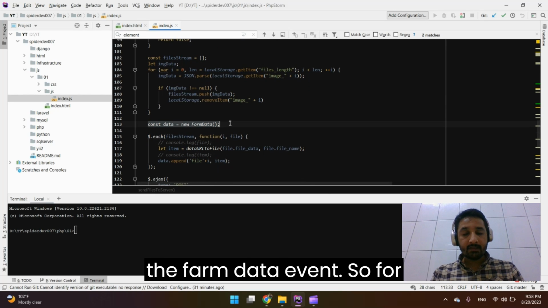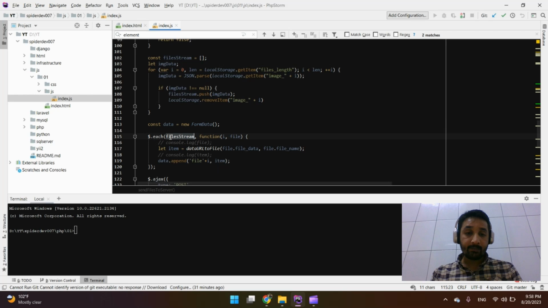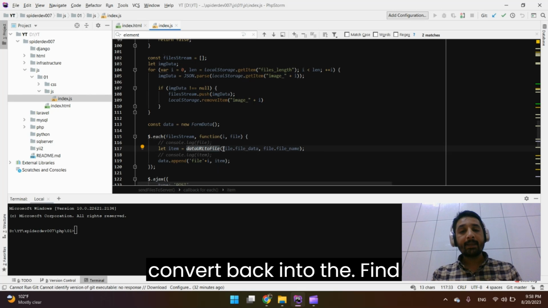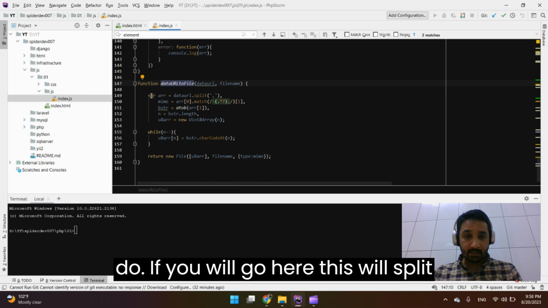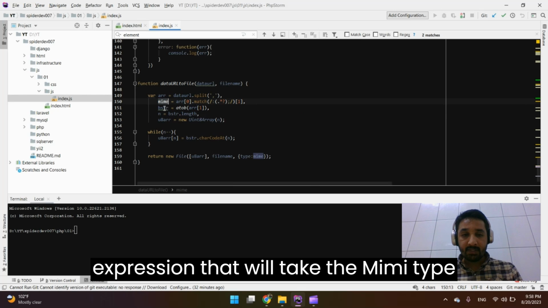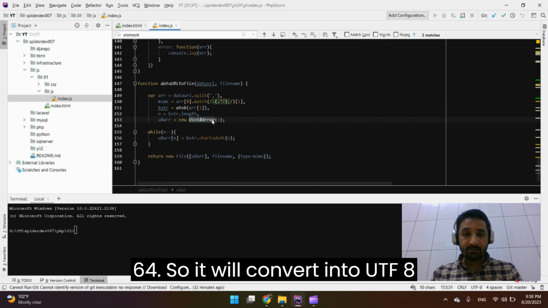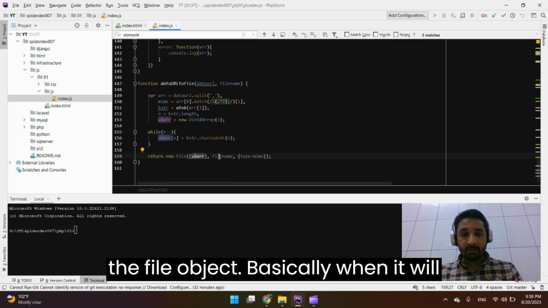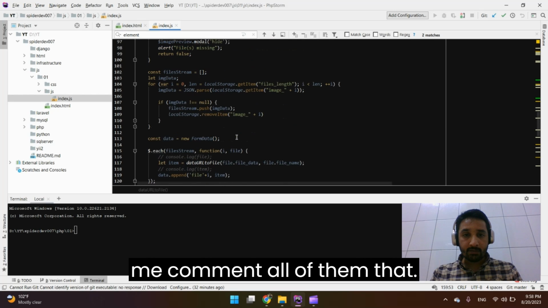After that I make the form data. What this form data function will do is take the file stream data and convert it back into the file object. If you go here, it splits on comma and uses a regular expression that takes the mime type and the base 64 string. It converts into a utf-8 array, and then it makes the file object. When it makes the file object, you will see different results in the browser. So let me comment all of them, so that